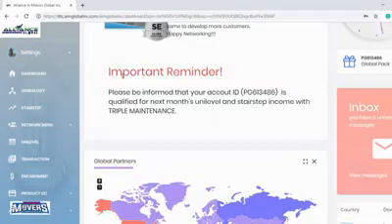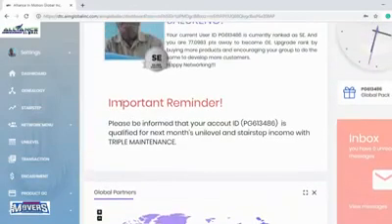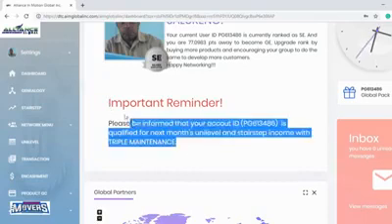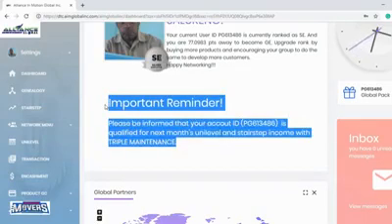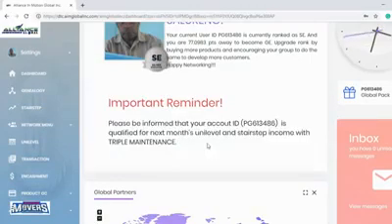So this is the important reminder. Don't freak out if you see this, especially if you are new in AIM Global. Sometimes you'll see here that if you didn't maintain for the month, you are not yet qualified for the next month, for Unilevel and Stair Step. Well, if you are new, you don't have big downlines yet or many people who can reorder and purchase AIM Global products, you can disregard it, alright?